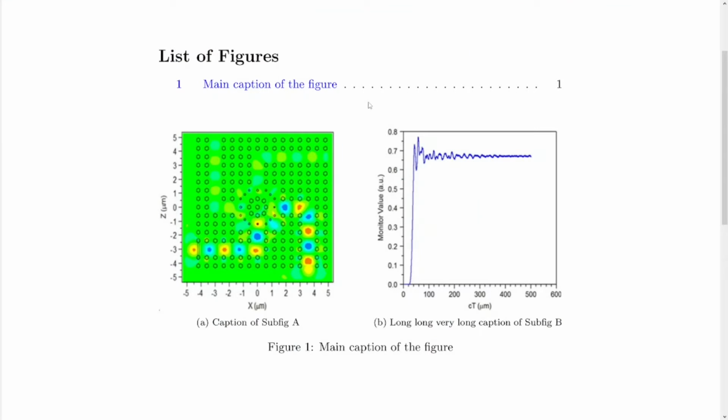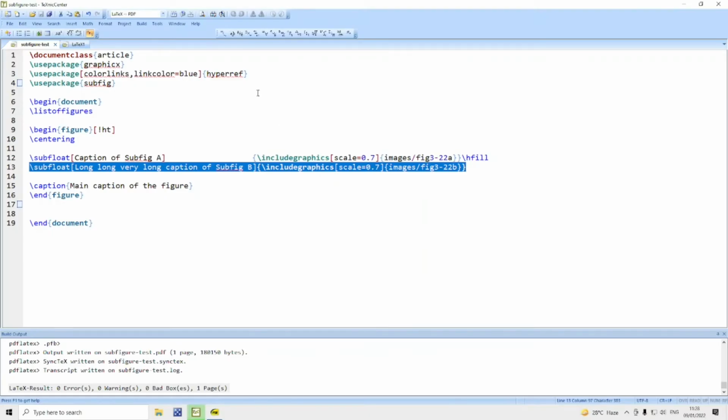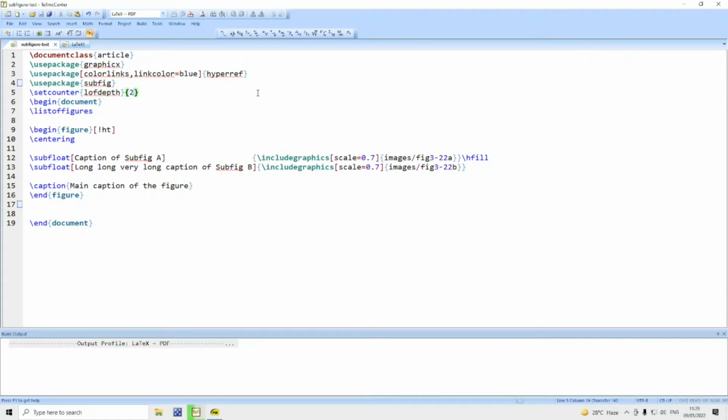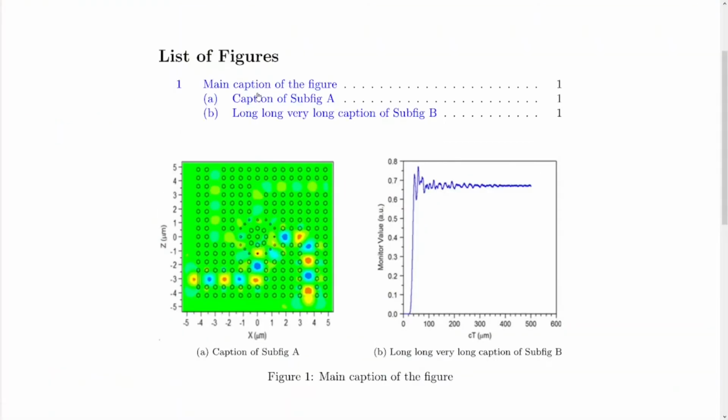But the problem is, in the list of figures, subfigure captions are not available. If you are very particular about it, what you can do is \setcounter{lofdepth}, put it as 2, compile it, you will get the subfigure captions also available in the list of figures.